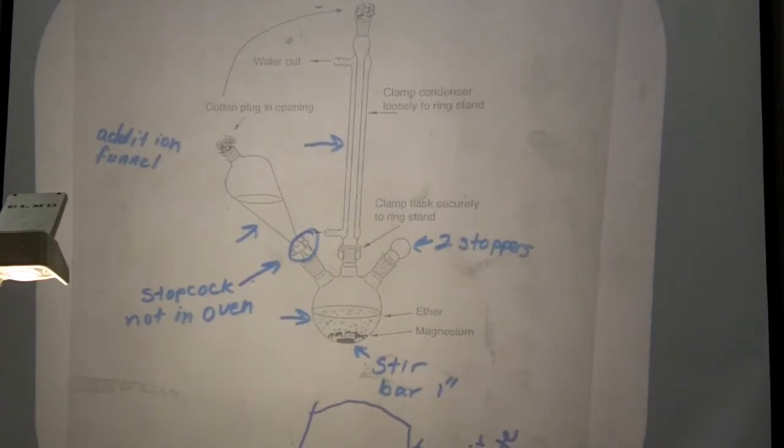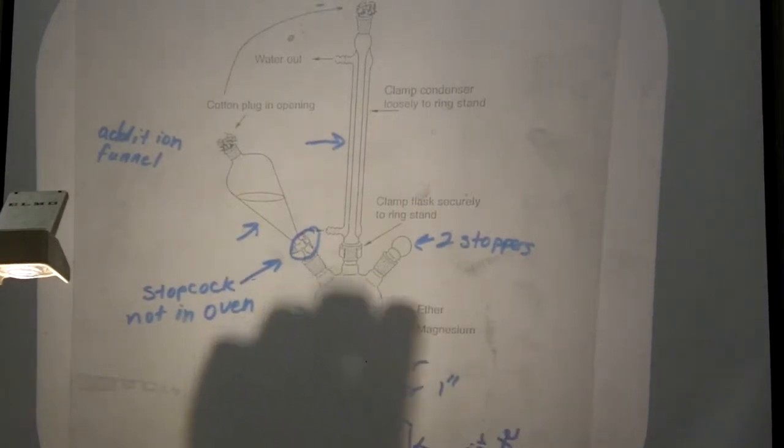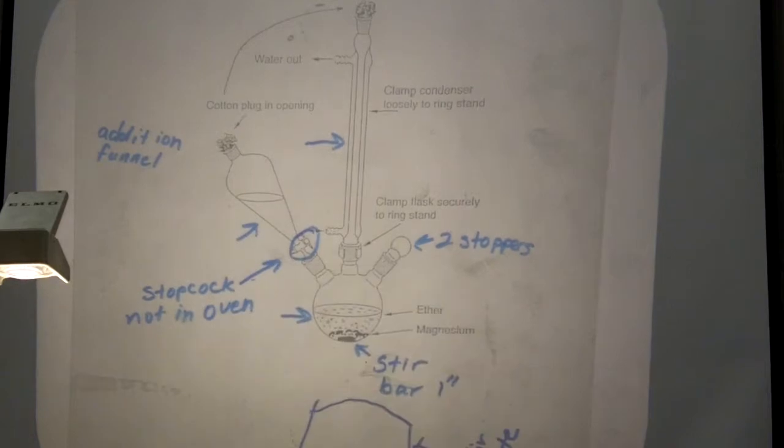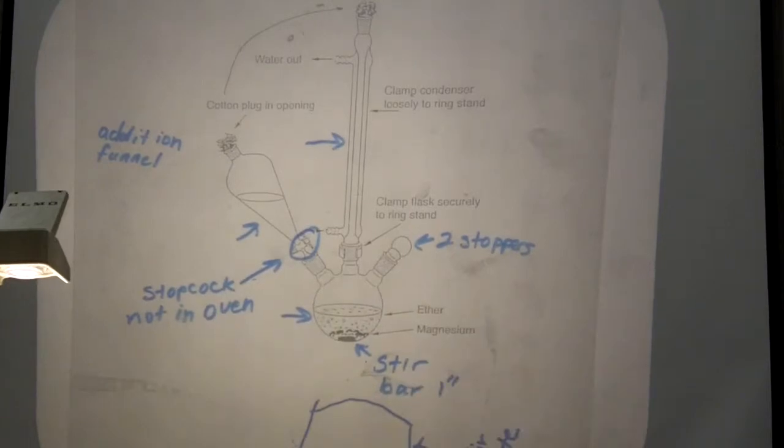We actually have to destroy those little pieces. We can't just throw away the magnesium, okay? But weigh it out right when you're ready to use it and put it directly into your round bottom flask. The other thing that you will have in the bottom of your round bottom flask is 10 milliliters of dry